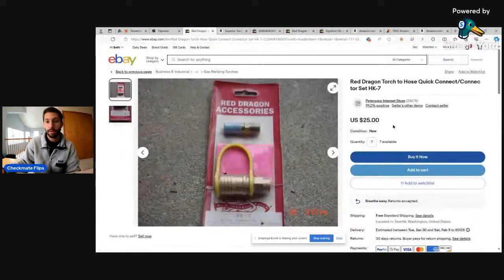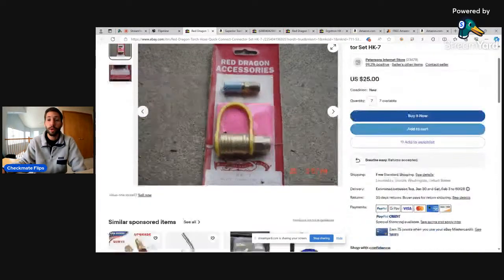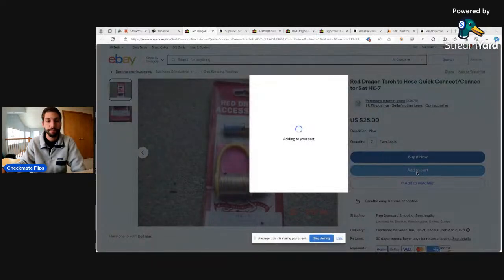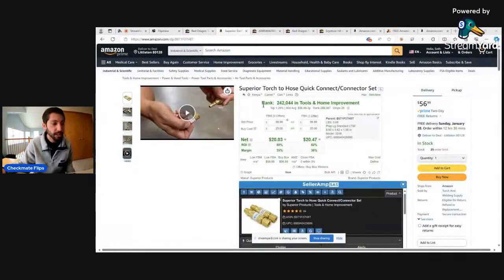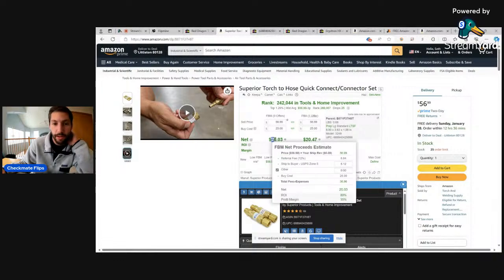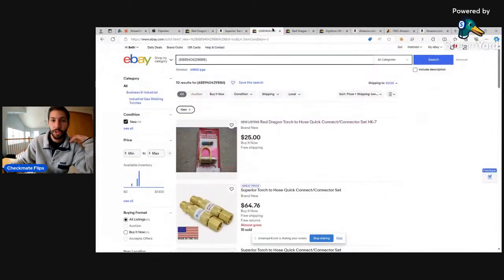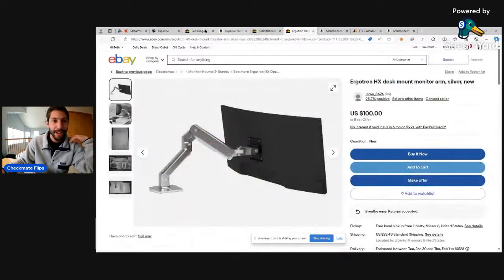You could even get greedy with this and message this guy for an offer as well, but this is a good deal. So, I'd add these to cart. And suddenly you've paid for several steak dinners just like that. 20 times 7 is 140. Yeah, so this is really good. And